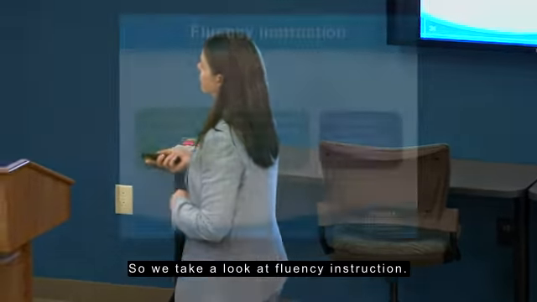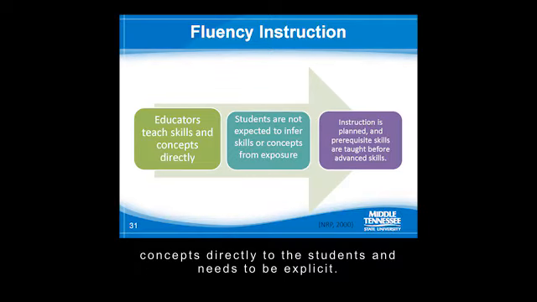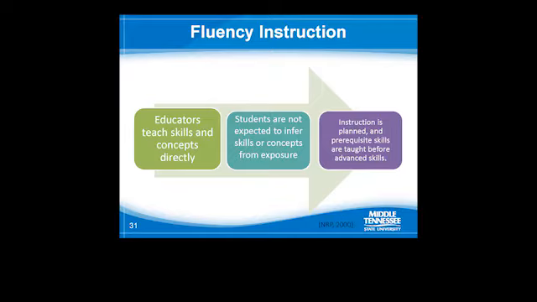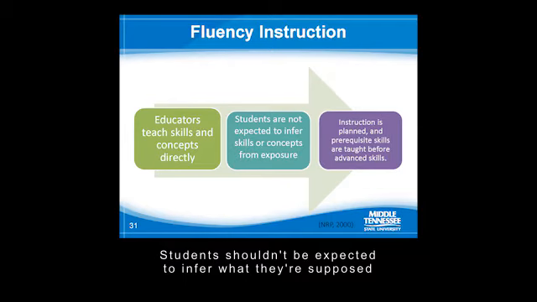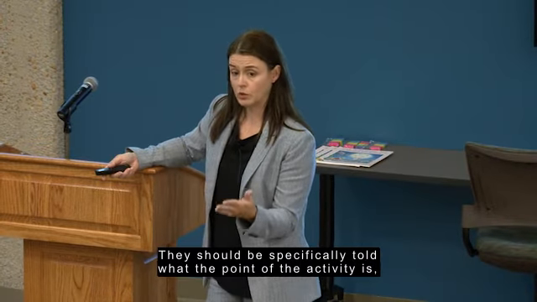So we take a look at fluency instruction. Fluency instruction needs to be direct. So the educator teaches the skills and concepts directly to the student. It needs to be explicit. Students shouldn't be expected to infer what they're supposed to do from the reading activity. They should be specifically told